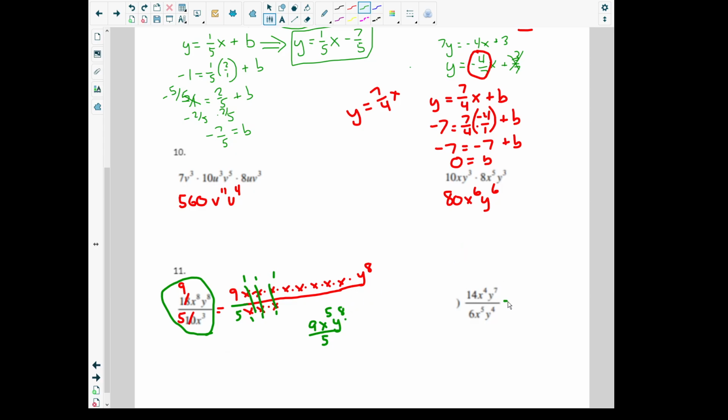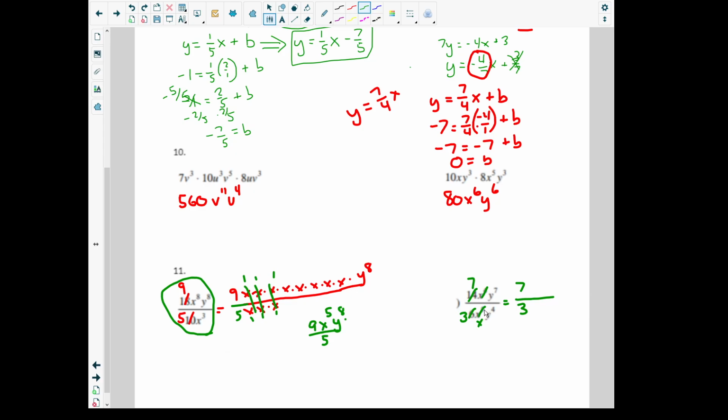So we're going to do 14/6. That's an easy one. That's 7/3, right? And then I have x to the 4th at the top and x to the 5th in the bottom. So what does that mean? What that means is, right, think of it like a war. So think of the 4 armies in the top and 5 armies in the bottom fighting each other. Of course, all things being equal, the 5 armies are going to win. So 4 of these x's are going to fight 4 of these x's, and there'll be an x left over,